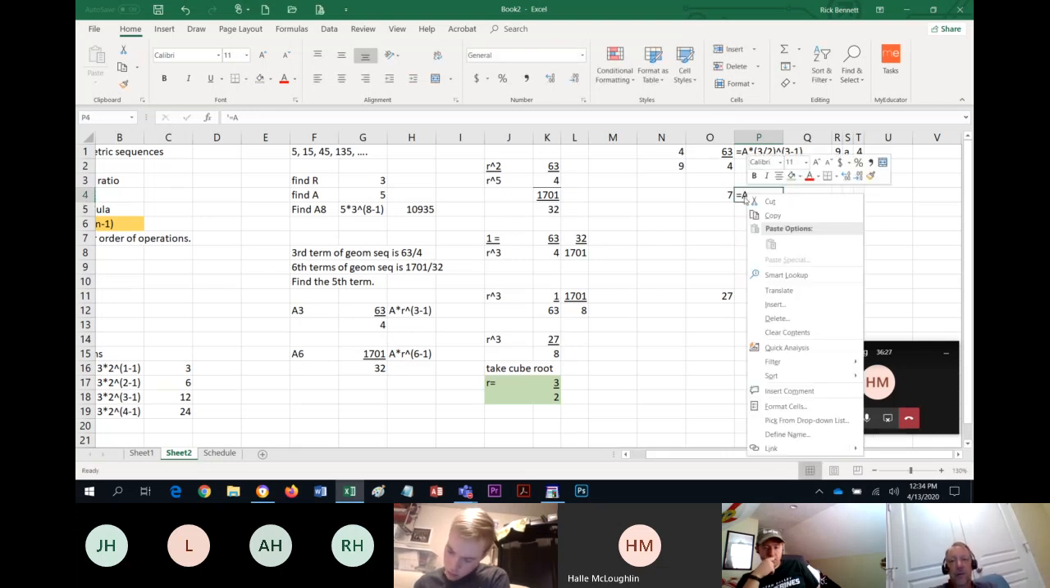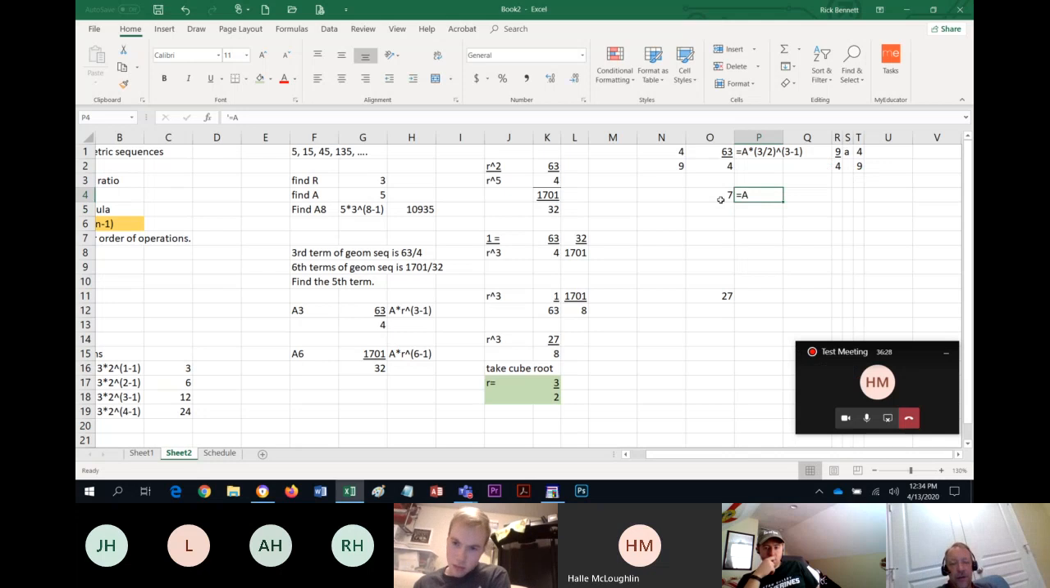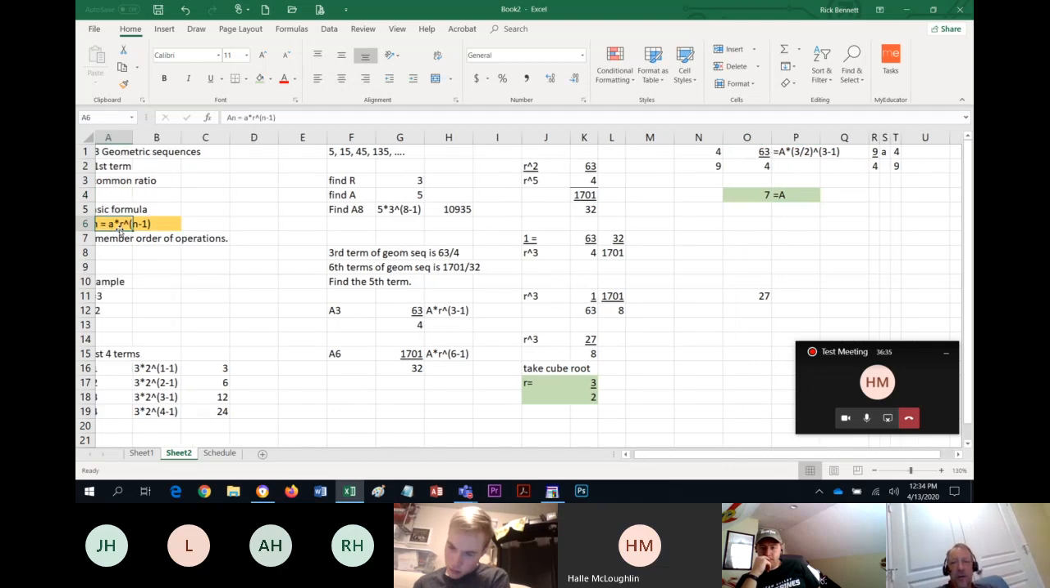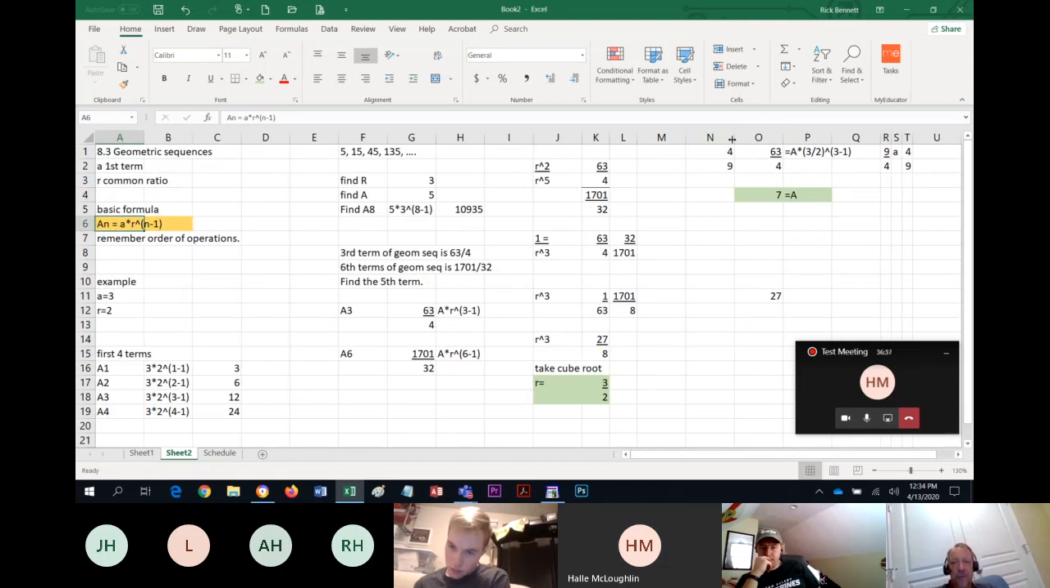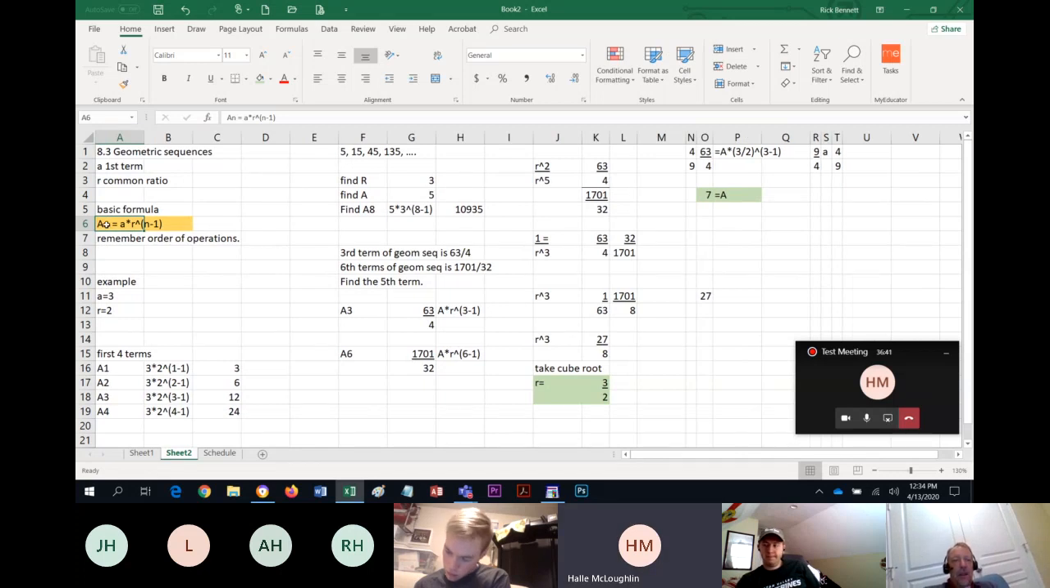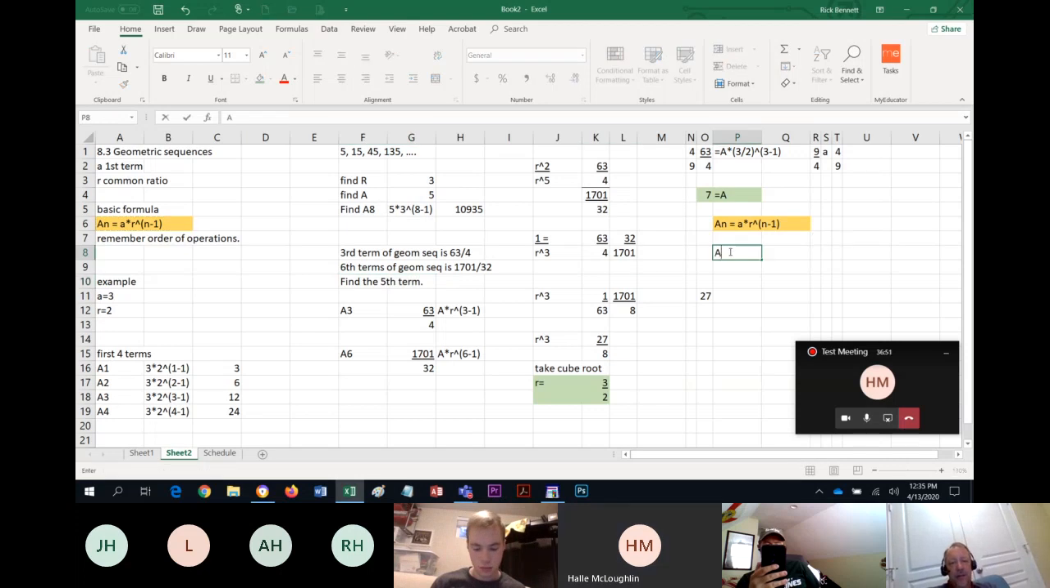Okay, so now I know my A. My A is 7. My R is 3/2. And now I can use this formula again. And I can use this formula to figure out what A sub 5 is right here. Find the fifth term. So A sub 5 is, now I'm going to let